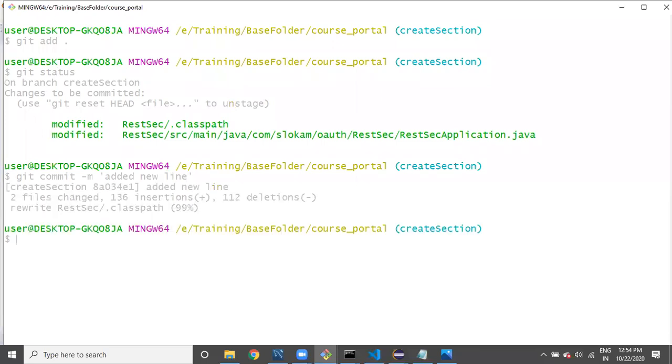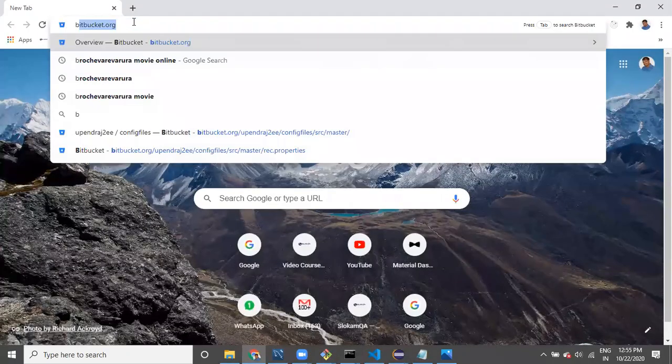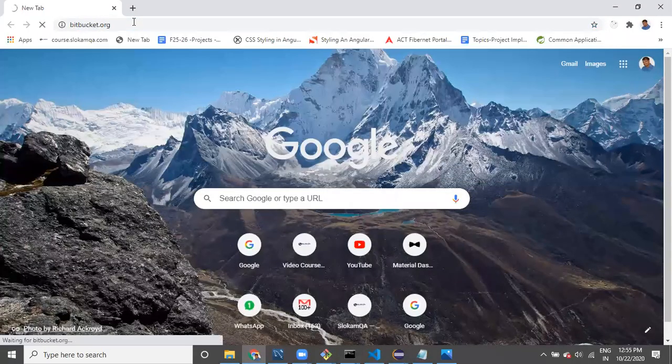If I say commit this, where is it going to get committed? In this create section. But create section is a local branch. There is no such local branch available in the remote repository. Go to the Bitbucket.